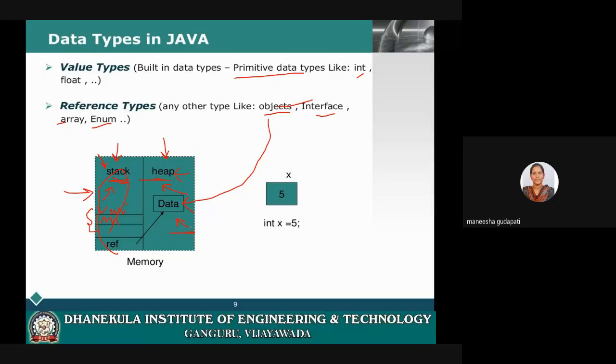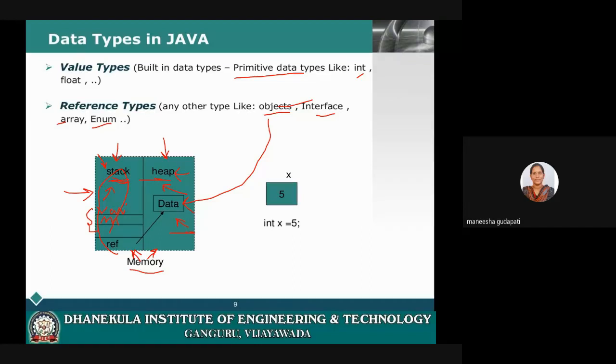So, remember this point. While executing any program, your compiler or your machine will have two types of memory. Some data will be stored in stack memory and some in heap memory. What type of data is stored in stack memory? All variables and method calls will be stored in stack memory. Then what type of information will be stored in heap memory?